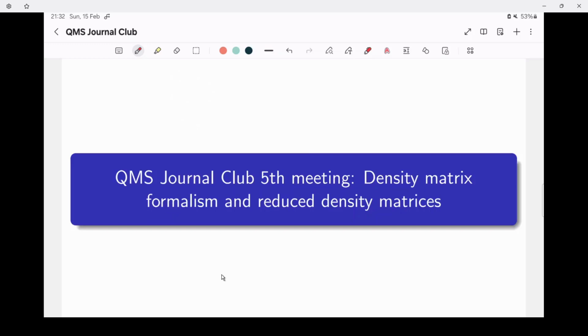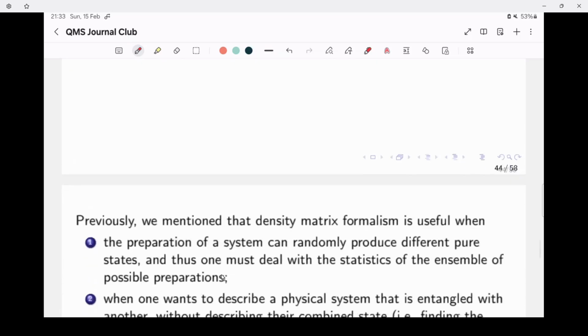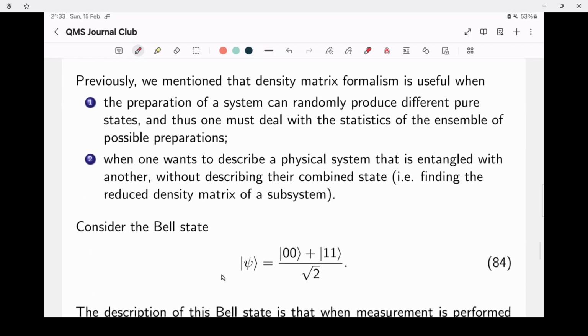For the fifth meeting today, we'll revise a little bit how to use density matrices in the postgraduate study of quantum mechanics, and just overall how to compute reduced density matrices. So previously we mentioned that for density matrices, the formalism is useful when your preparation of your system is